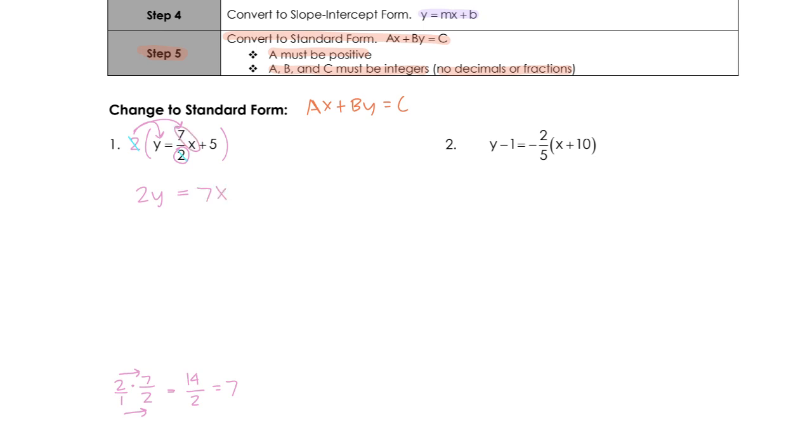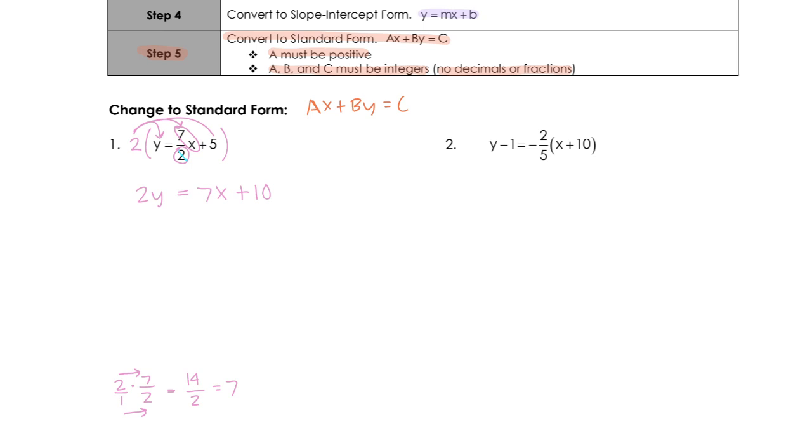So this stays there. But then we also have to remember, now I'm going to go ahead and erase, because the 2 doesn't permanently cancel out. It just did for that one term. So then we have to continue here. 2 times 5 would be plus 10. So we distribute that 2 to everything. Then we're left with this. Now, one of the problems is fixed. We don't have any decimals or fractions. However, we need to